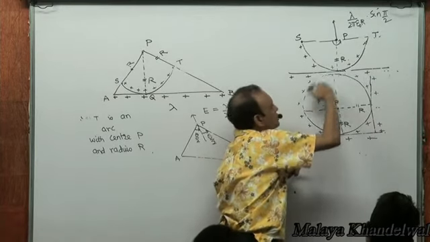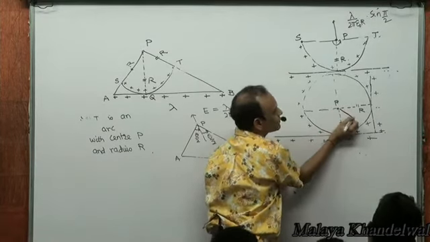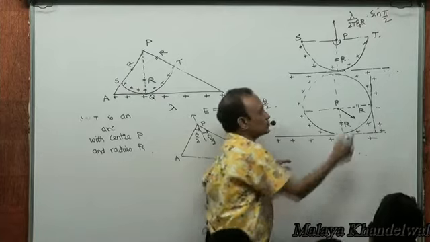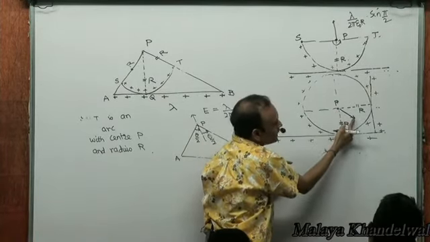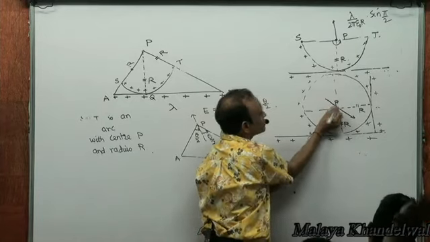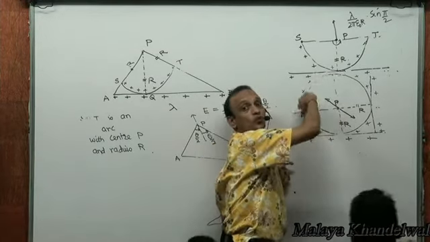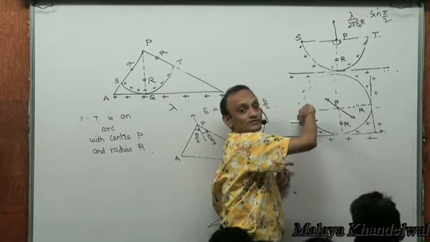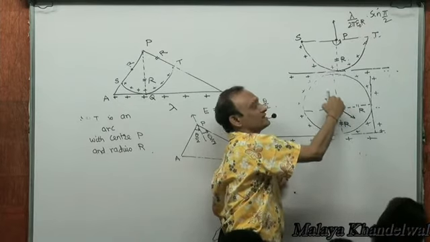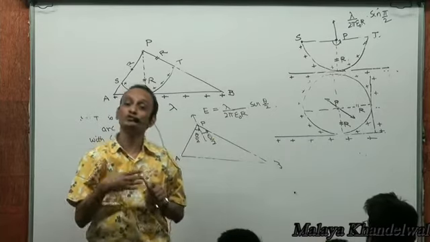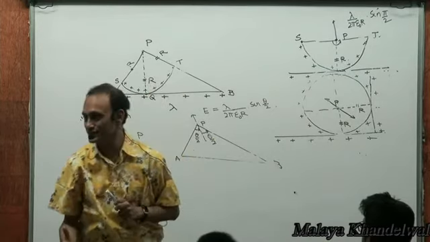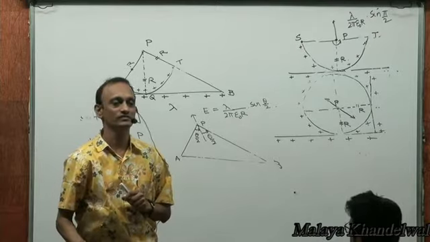So now the field because of this quarter I can easily compute, which would be like this. The field because of these 3/4 would be exactly equal in magnitude and opposite in direction to the field because of this quarter. So the net field at this point would be like this because of these 3/4 circles. You may want to keep a tab on this result. It will come in very useful, right?